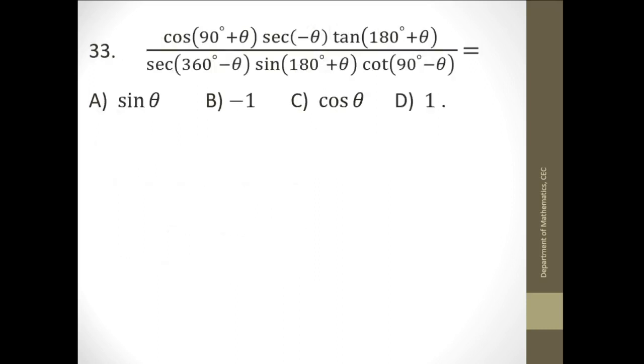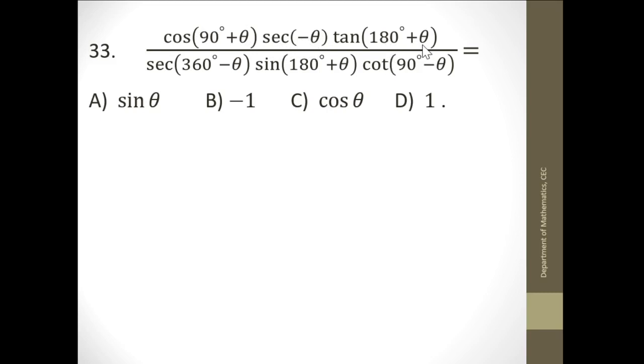Now to simplify this, see the angle given here, cos of 90 degree plus theta. If you add or subtract to 90 degree, then it is co-function: cos becomes sin, sin becomes cos, tan becomes cot, like that. Cos of 90 plus theta is sin theta, but this angle is in second quadrant, therefore minus sin theta. And secant of minus theta means fourth quadrant, where cos and secant are positive, so it is just secant theta.